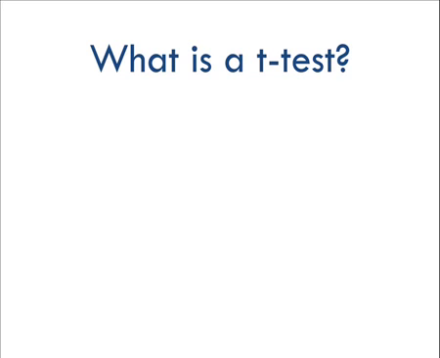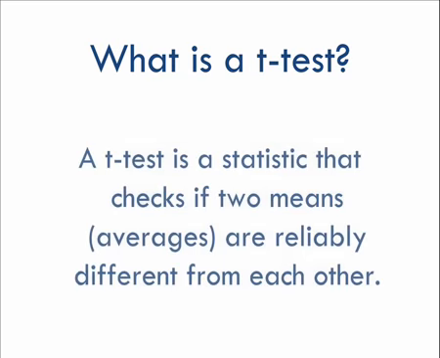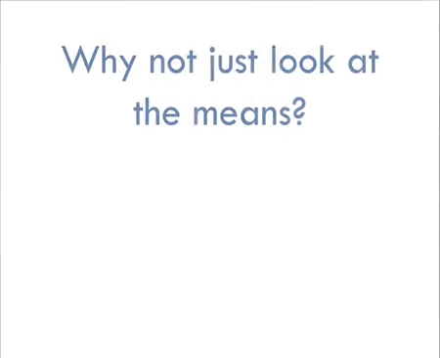It's very simple. A t-test checks if the averages, or means, of two groups are reliably different. That's all it does. Now you may ask, well, why not just look at the means? Looking at the means may tell us if there's any difference at all, but that doesn't tell us if the